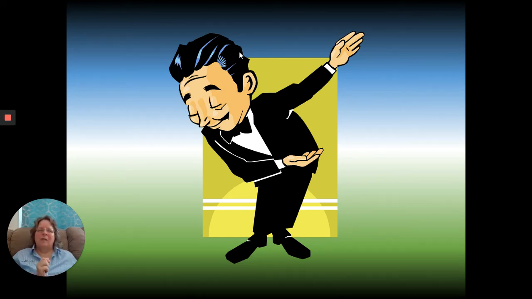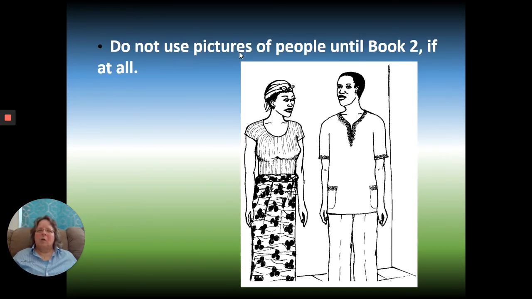someone who bows. And so for those particular reasons, you wouldn't want to use that as a picture word. You could for sure use it in the story, but not as a picture word. We also want to try not to use pictures of people until book 2, if at all. It doesn't mean you don't have people in your pictures, but for instance, if you just have this picture here,